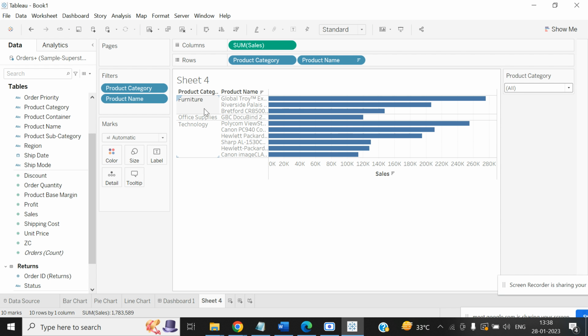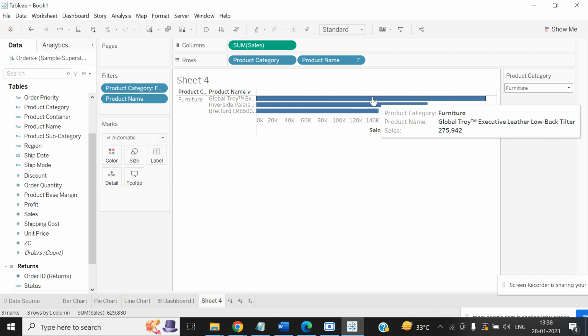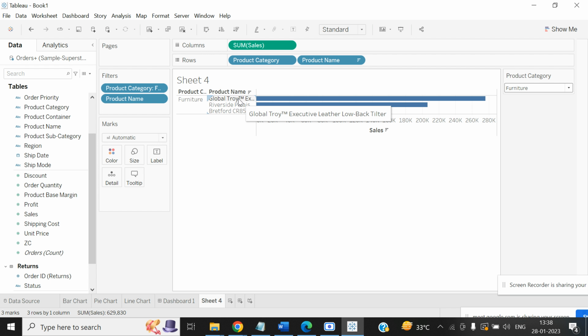There are four products which belong to furniture. However, it is not giving me the top 10 from each category. It is giving me the top 10 from the entire data set. Now my requirement is, if I select furniture, currently it is giving me only three, because these are the only three which qualify under the top 10 from the entire data set. Now if I make this a